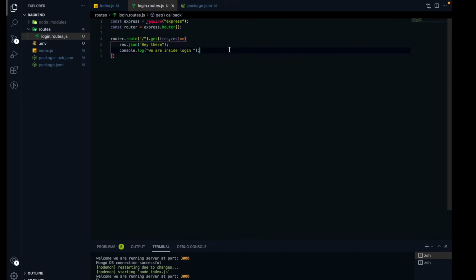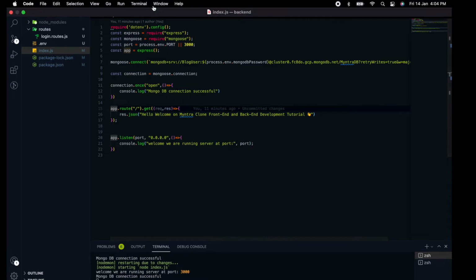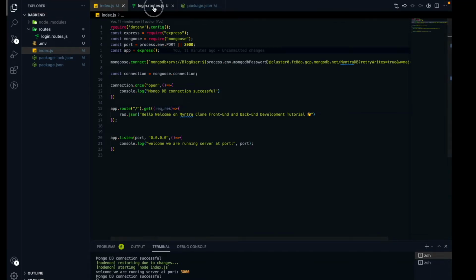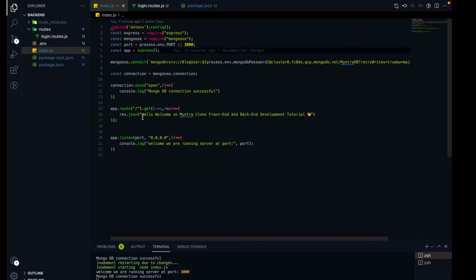Okay, but you are thinking that we already have a root endpoint. Why did we create the root endpoint again inside this login.route.js? Because now here we are going to provide the exact route name, and we are going to implement the routing.